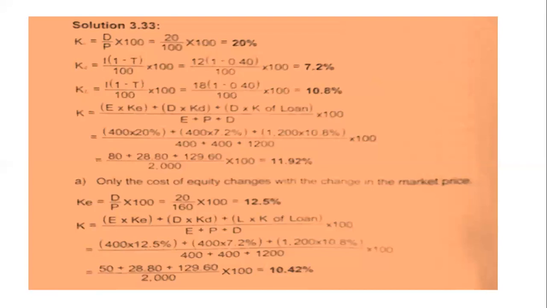What difference will it make if the current price of rupees 100 per share is now rupees 160? Okay, now in this case only the cost of equity will differ. The P value will change. So probably in the beginning of this chapter, while explaining the cost of equity under the dividend yield and dividend growth method, I've explained to you that the P value for the listed shares will change accordingly with the market value of the share.